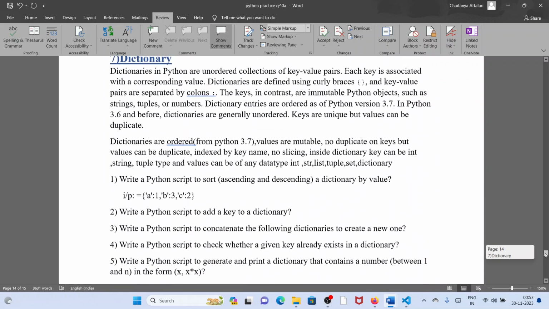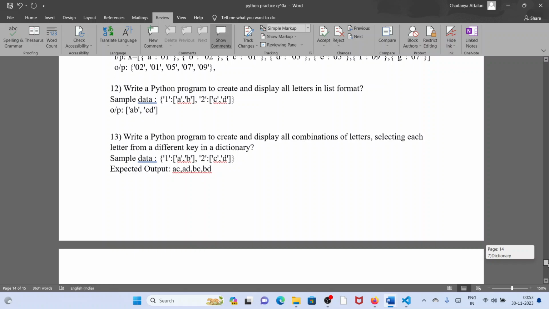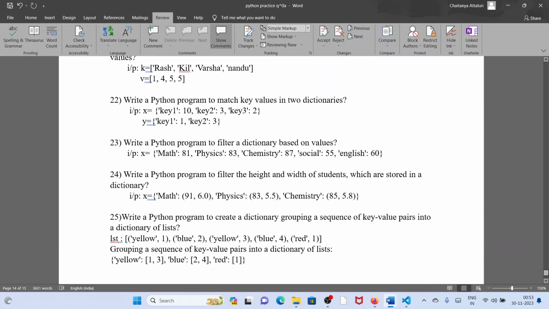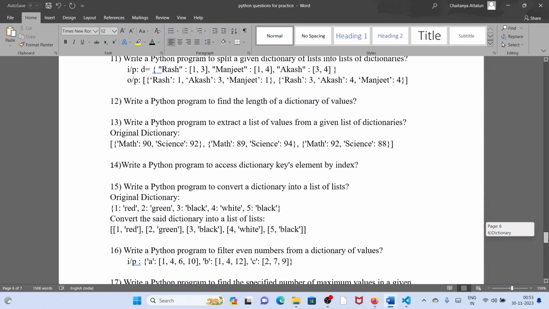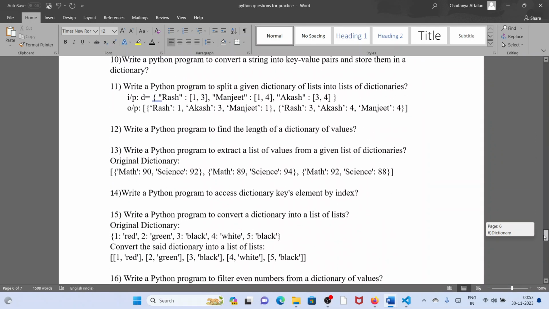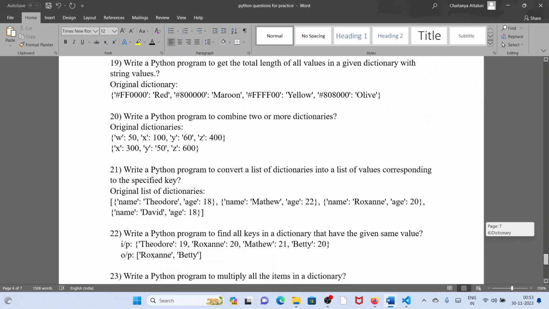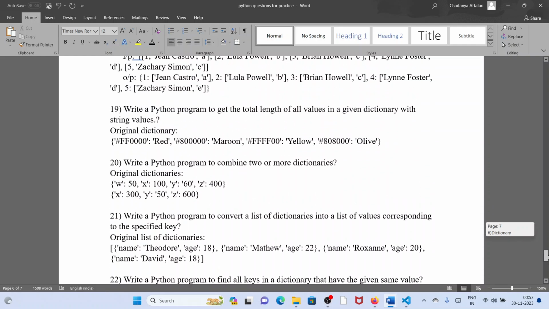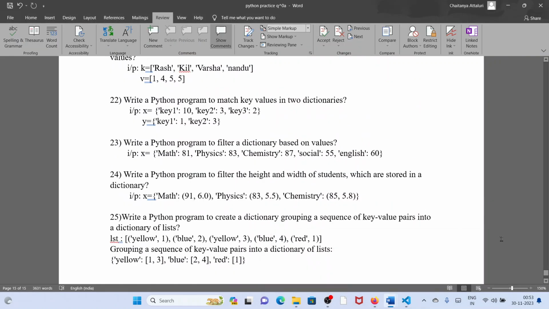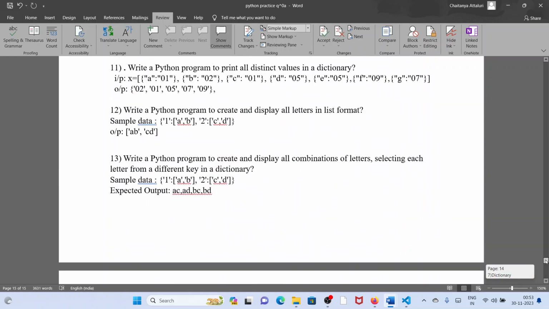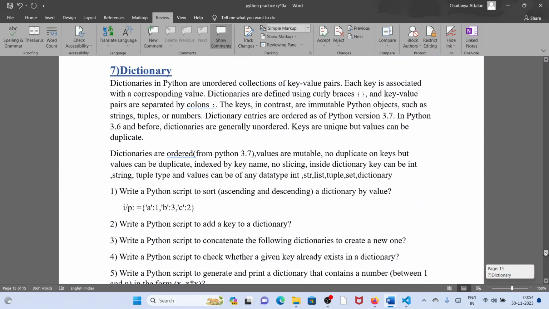Okay, and also if you finish practicing these 25 programs, some more are given: 25 extra dictionary Python programs. Solutions have been given for these 25 programs, but no explanation for this. Okay, but you can get them easily if you practice the other 25 programs. Okay, so first we look into the small part of